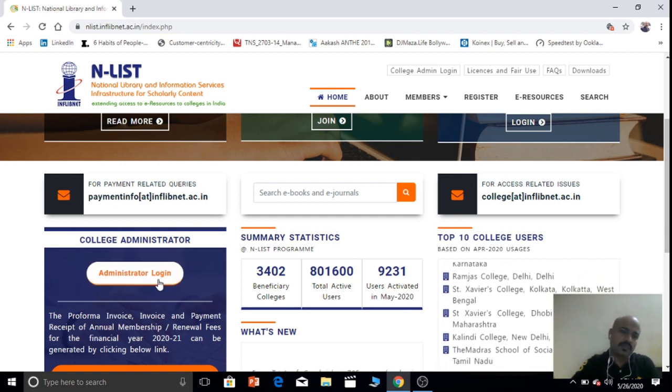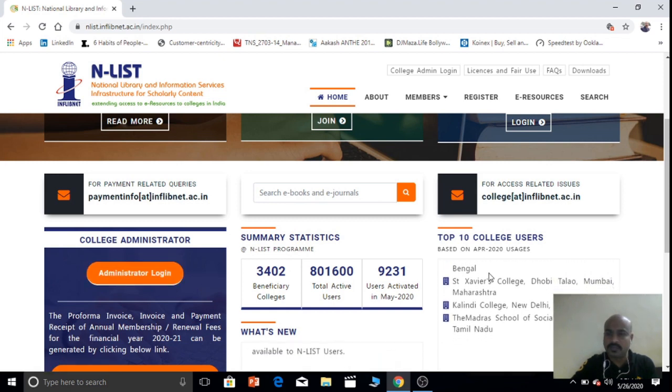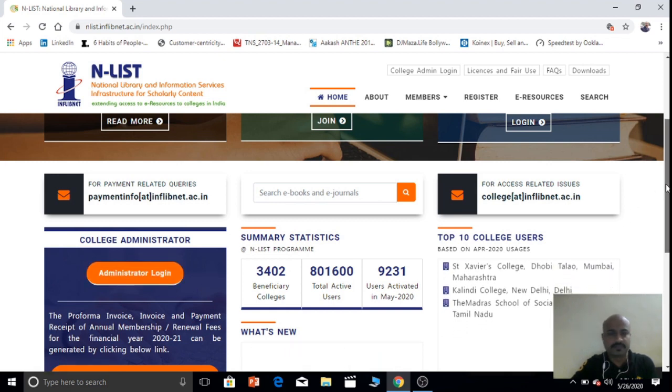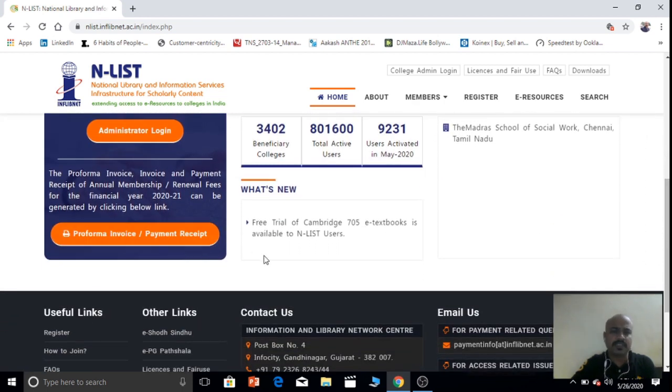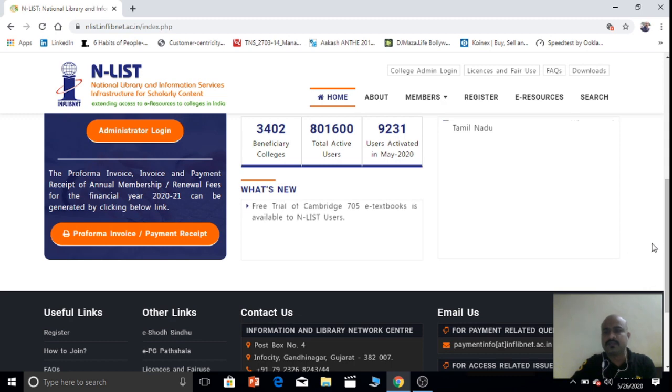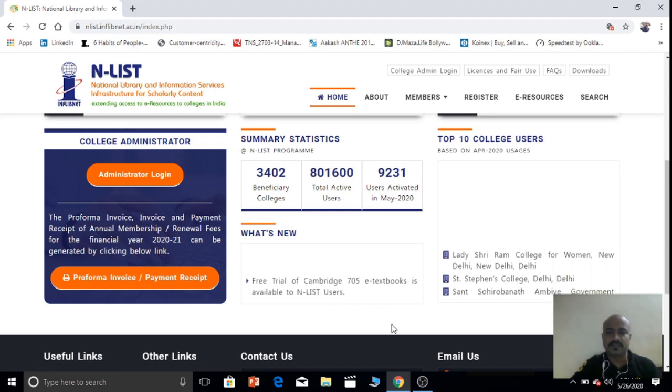Here you can see administrator login. It is for the administrator of the college. Then payment receipt, this is also information for colleges. Here we can also get what's new, information about what is new in Enlist.